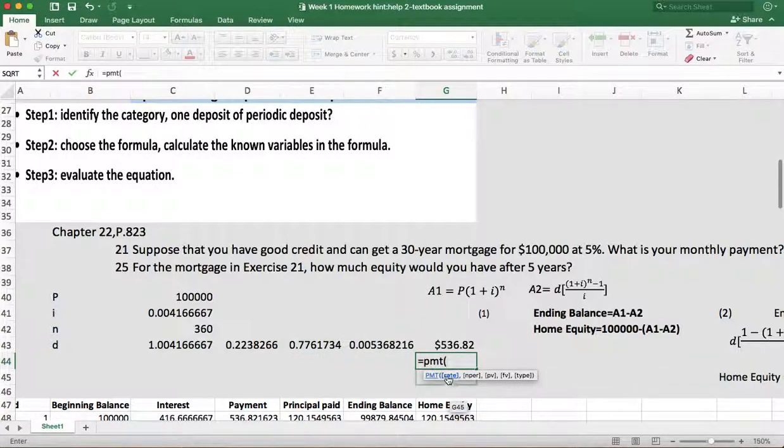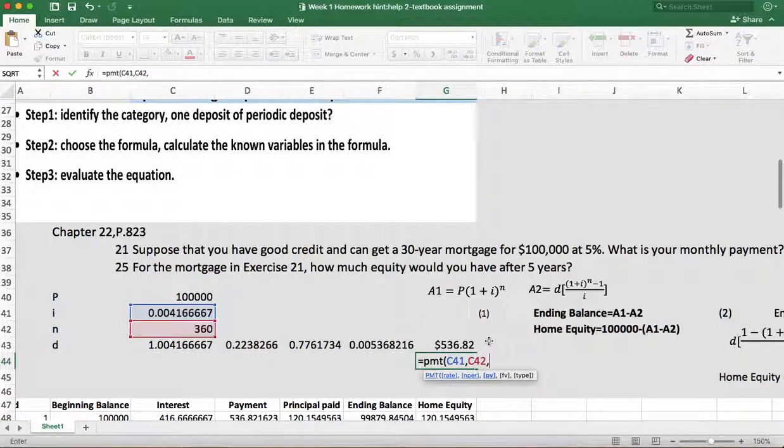Left parenthesis, rate, monthly rate. Just click this one, and then comma, and then period. Click this cell, and then